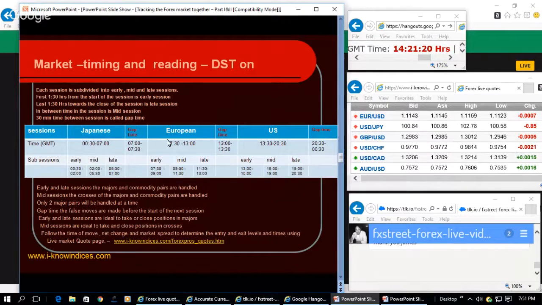Now these are all the market timings we need to follow so that we'll be able to define when exactly they are going to make upward and the downward move. So if the forecast says that early session they will swing and then slide during that of the mid session and then gain the level during that of the late session, we have to watch the session timings and accordingly trade so that we'll be able to really maximize the